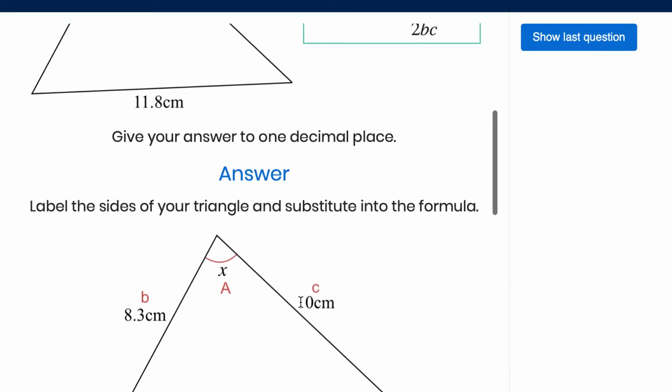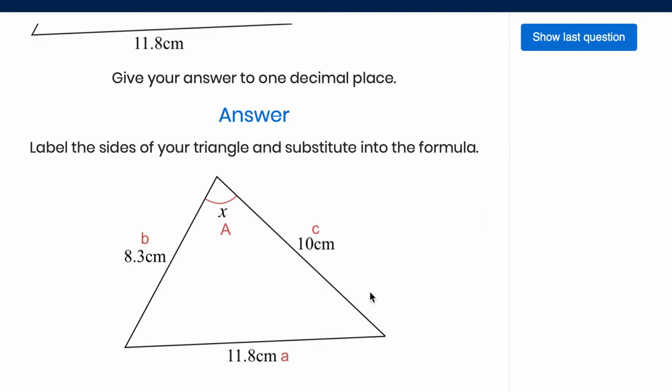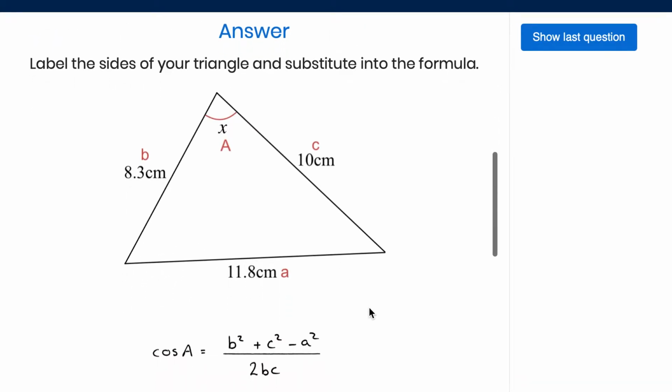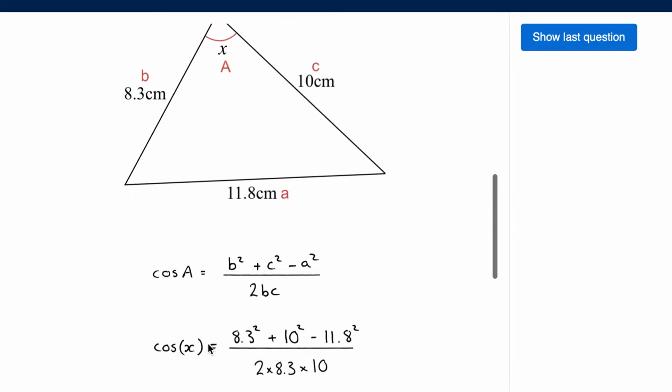Label the sides of the triangle and substitute into the formula. Now side A has to be the side which is 11.8 centimetres, and that's because it's opposite the angle that we're looking for. Now it doesn't matter which side you call B and C. Okay, so write down the formula to help remember it and substitute the three sides to get cos x, which is the angle we're looking for, is equal to 8.3 squared, which is b squared, plus 10 squared, which is c squared, minus 11.8 squared, which is our a squared, all over 2bc, which is 2 times 8.3 times